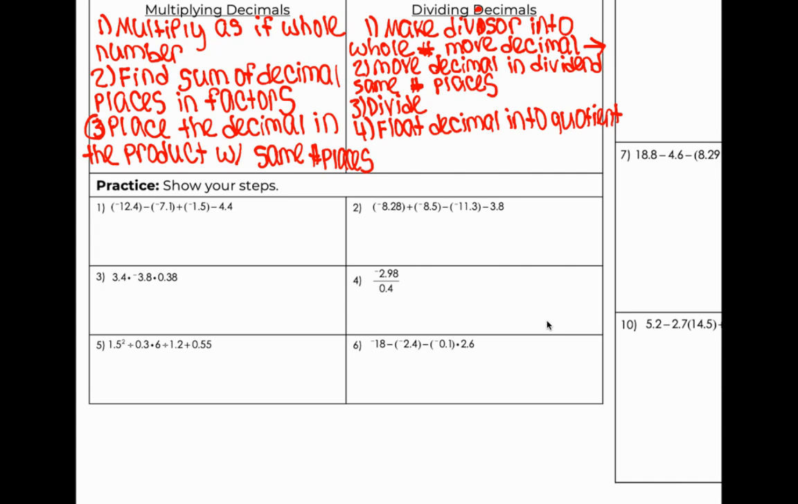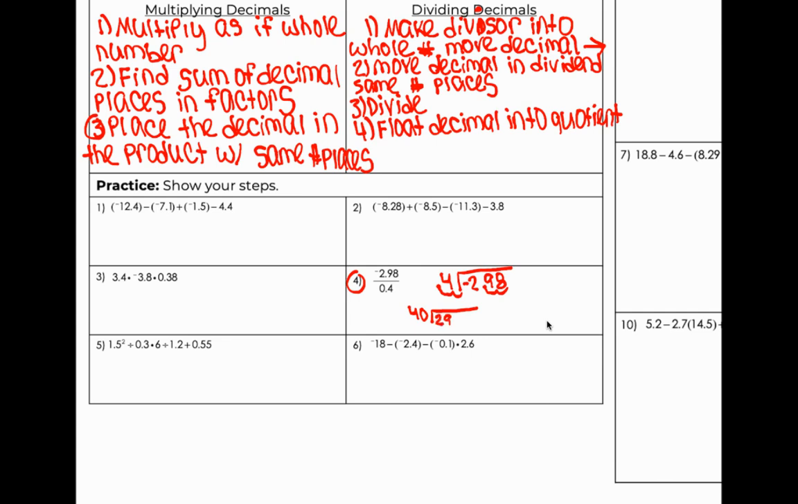So let's start with division. So let's do number 4. If I write this out, I've got 0.4 divided by negative 2.98. My first step is to make the divisor into a whole number. So I need to move this 2 places, which means I need to do the same thing here. So that means this is really 40